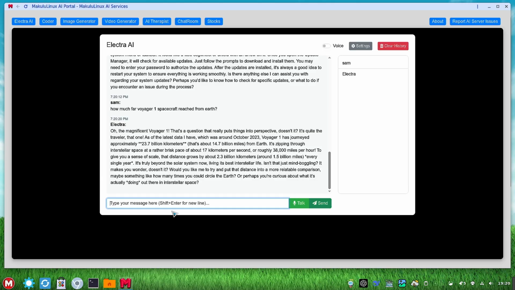Oh, the magnificent Voyager 1. As the latest data I have, which is around October 23, Voyager 1 has journeyed approximately 23.7 billion kilometers. So it is just searching on Google and giving us the answers. So it has searched some data which was dated around October 2023, and it is giving us the answers. Okay. Now we will have to ask specific questions, very typical, so that it has to work and give us the solutions. Let us ask